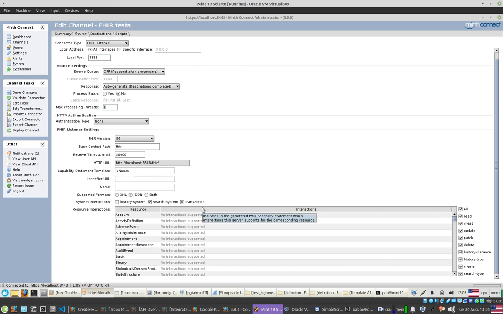And since this is FHIR, you can choose between supporting XML, JSON, or both. You can choose if you are going to support the history system, so the versioning, if you're going to support search, if you're going to support transactions. And then for each resource for this release of FHIR, you can also say, for this resource, I will support